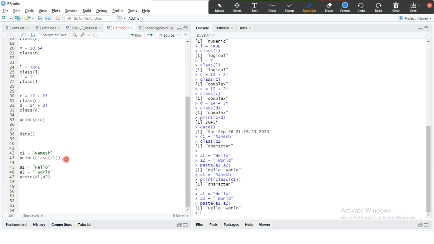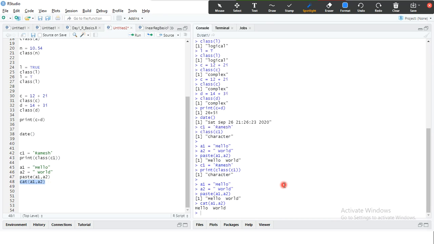It's a character data type, and hello world. If you want to concatenate, you need to use paste. And also we have something called the cat function. Okay, cat a1 comma a2. Apart from these two things, using the cat function also, hello world, you can concatenate these two strings.